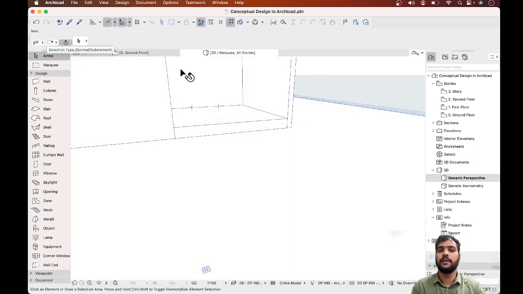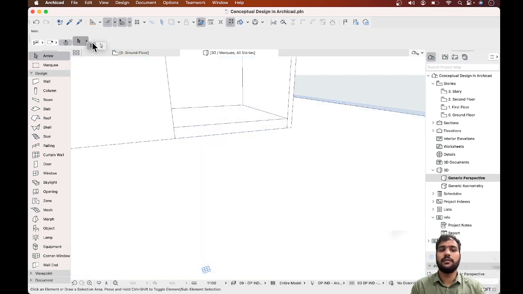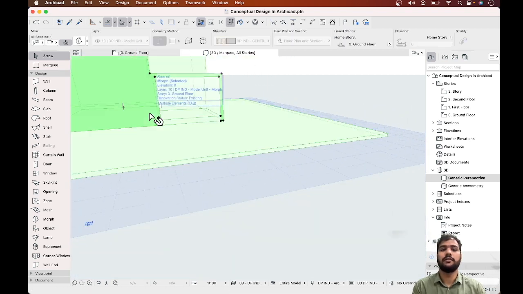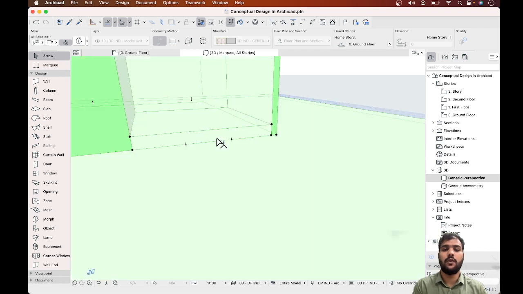The first one is the black cursor that we are currently using. This black cursor will select the whole element, and there is a white cursor as well. The white cursor will select that specific face. So if I want to select this face, it will select only that face, and the modifications can be done on that face only. Okay, so for now, I'm using this for making a ramp,